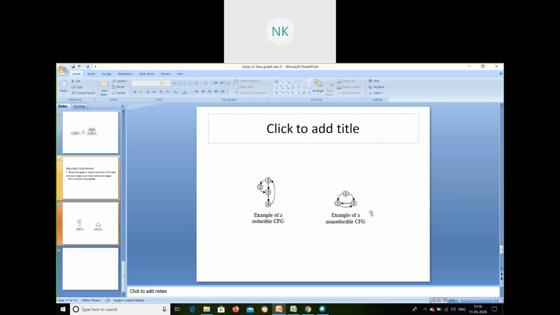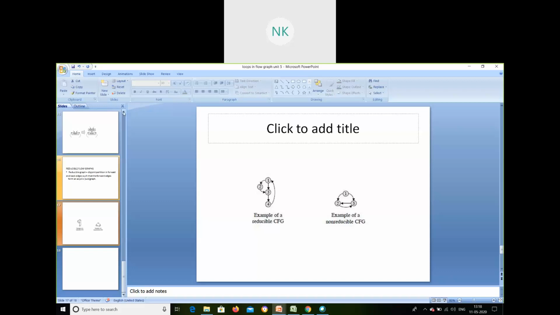Why it is called a non-reducible graph is, see here, my back edge 2 to 3 is going to be deleted, and 3 to 2 is again a back edge to 2 to 3. If I delete it, will I be able to reach 3? Yes. 3 to 2, 2 to 1, and again I'll be able to reach 3. The graph is still able to reach 3, which is cyclic, which is also called a non-reducible graph.